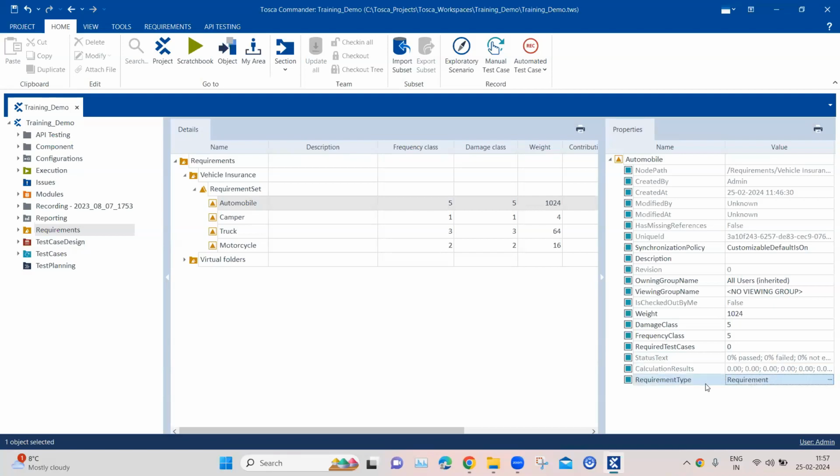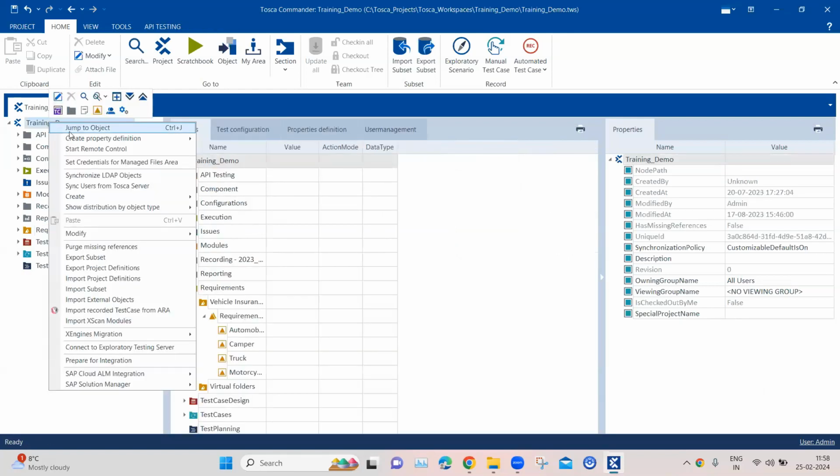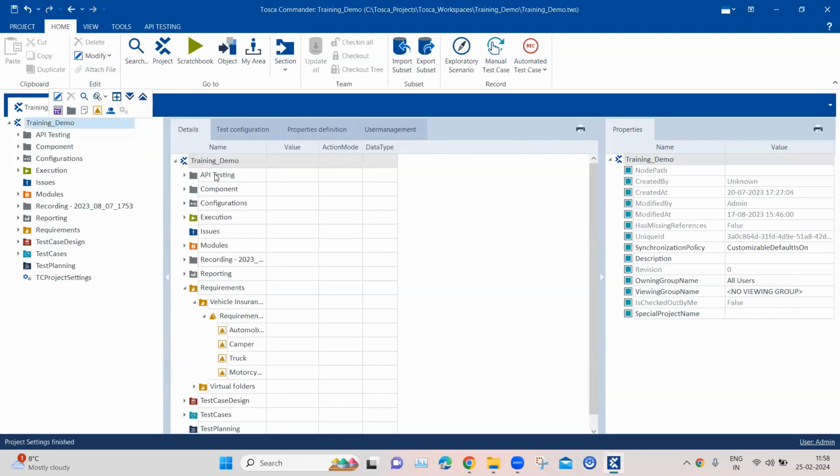And then there is a requirement type. By default, for all the requirements, the requirement type is requirement. But if you want a classification of your requirements in your project, maybe different requirements for different release cycles or different application types, depending on what you want, that can be done at a project level. How can you do that? You go to your main project, and then you go to your project settings,